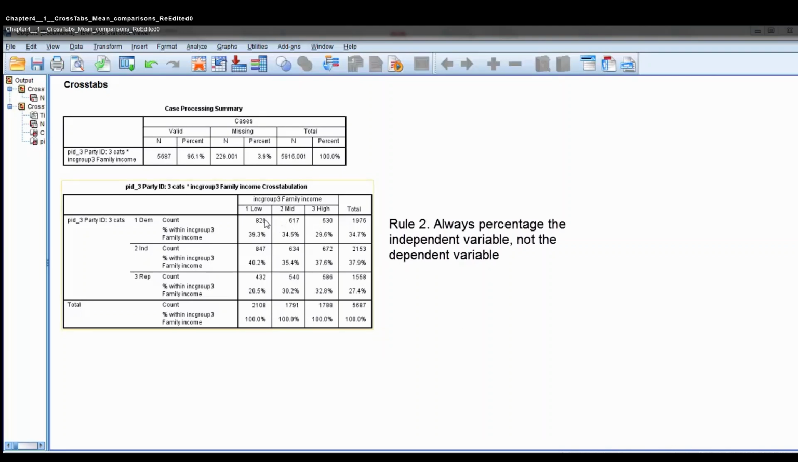For example, notice these 829 low-income people represent 39.3% of all low-income people. So you can see the distribution of partisanship for low-income individuals, those in the middle-income range, and those in the